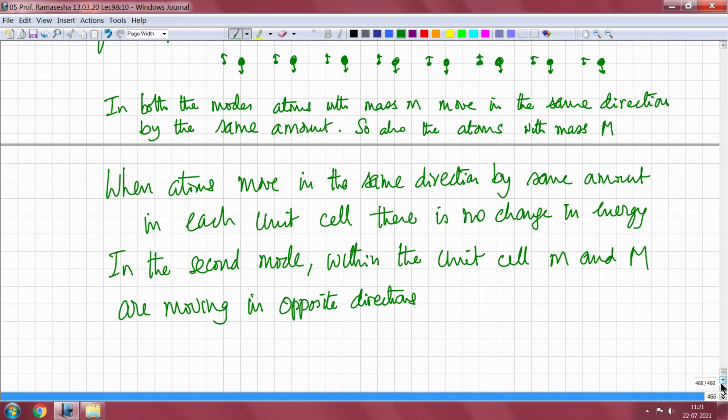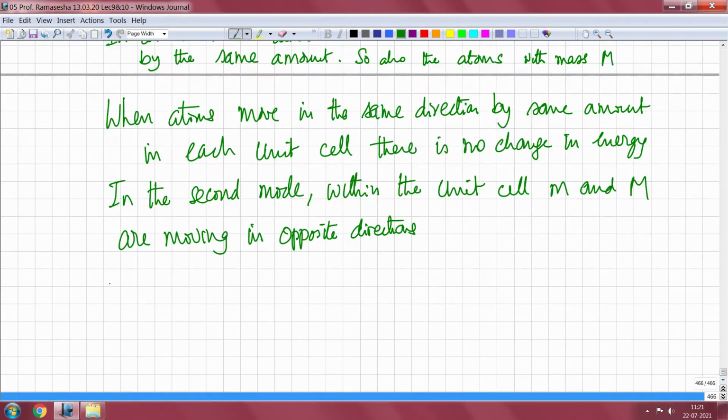If that happens, then the frequency will not be 0, because the atoms are moving against each other. So they are moving against the bond. When they are moving against the bond, then Hooke's law comes into play, and you have an energy associated with the motion. The frequency is not 0, and you have omega k equal to some omega naught at k equal to 0.